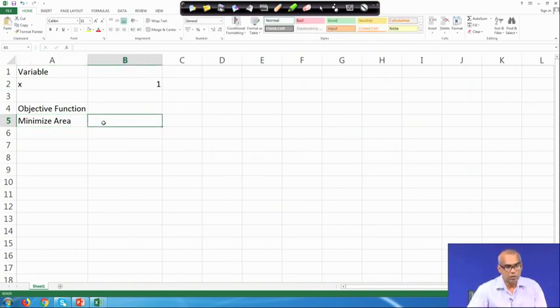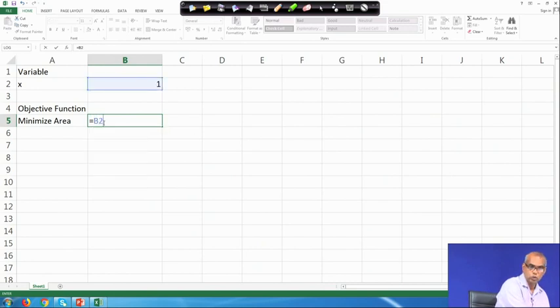So, in the same row and under column B, let us write the formula for the area, that is x square plus 200 by x. So, x square will mean B2 square plus 200 by x.